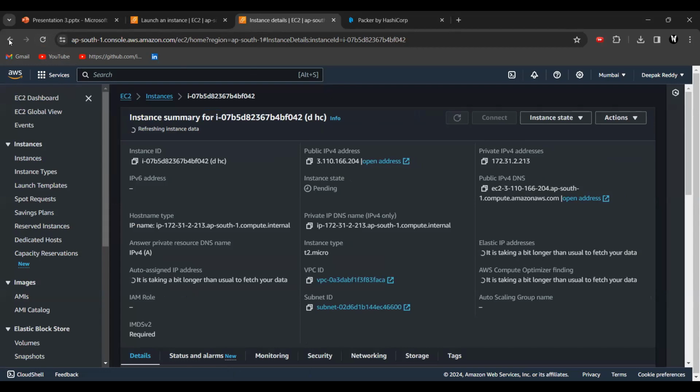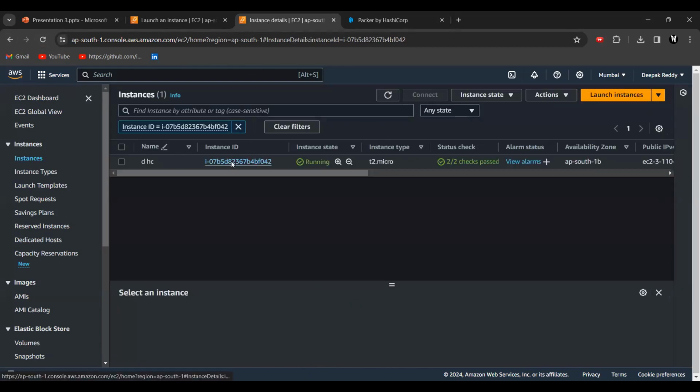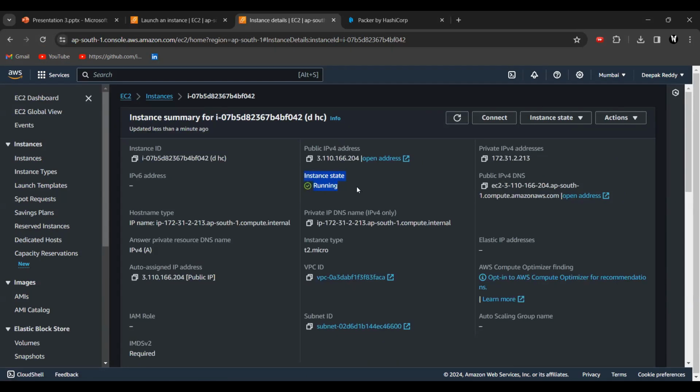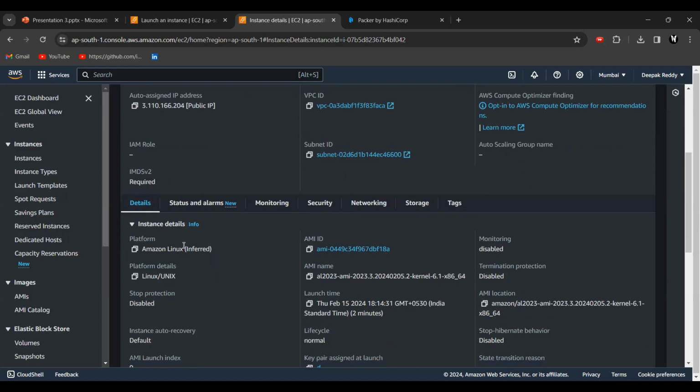Yes, it's running. In 2 minutes it is able to configure and reach running state, all because of AMI technology. I will give credit to the AMI technology.